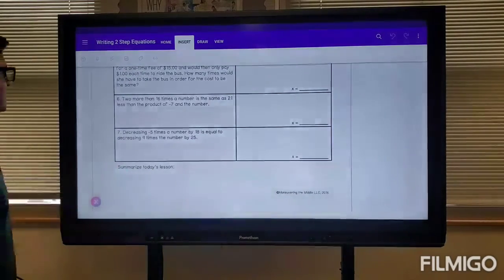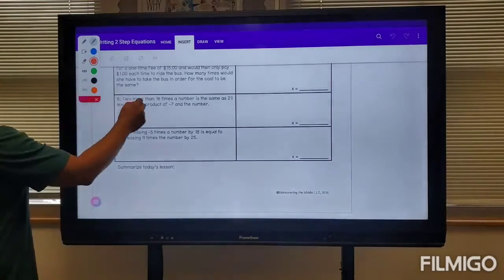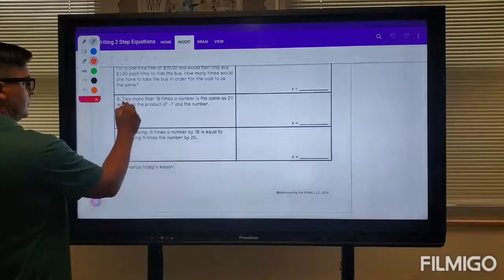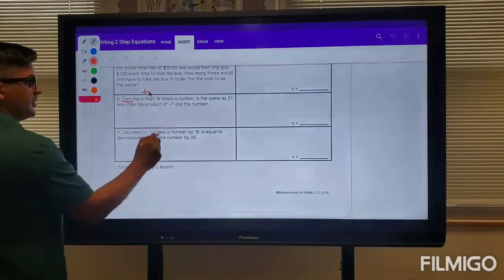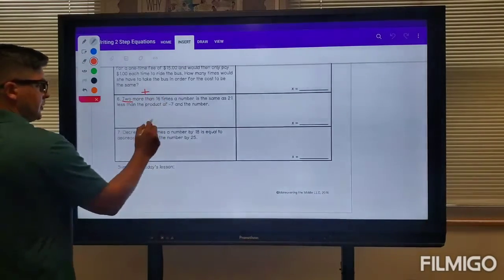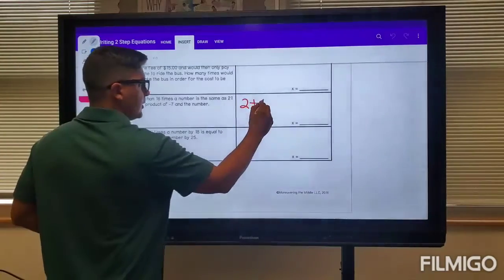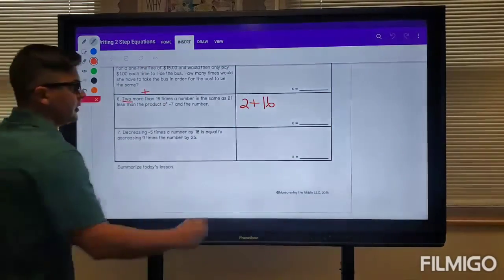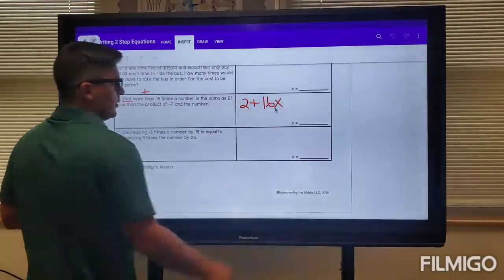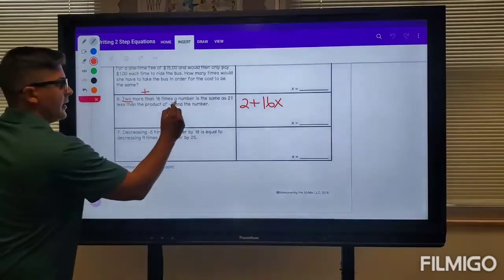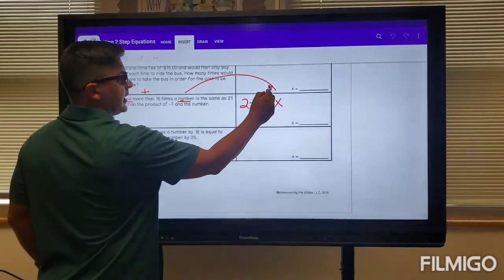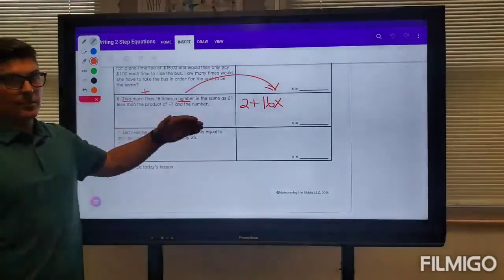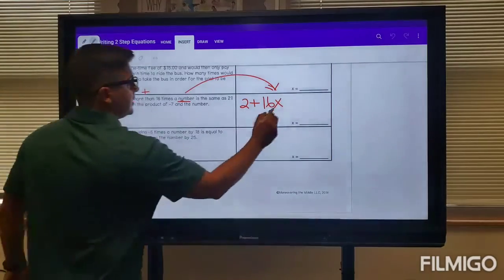And then our last 2. 2 more than, so this kind of spells it out for you right off the bat. 2 more than, we know more than means addition. 16, so 2 more than 16 times, which is multiplication. So 16 times a number, and that number we don't know. That number is just going to be represented by x. We don't know. Is the same, we know same, which is going to be equals to